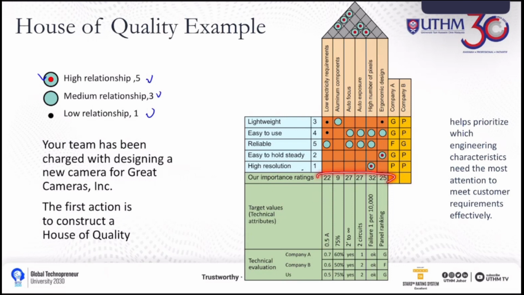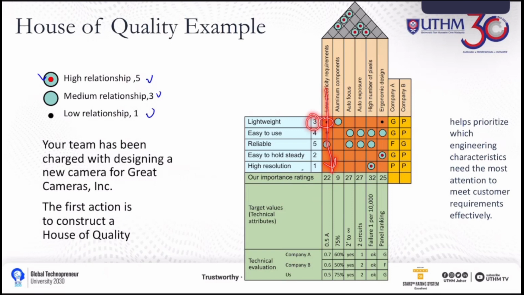And then it's come to the rating. Okay, so the rating is an important part of before you design your product. Okay, so first, we see here, this is the mark for the high relationship, medium and low. So you need to times the value with the number of here, customer needs, priorities of the customer. For example, under the low electricity, okay, functions.